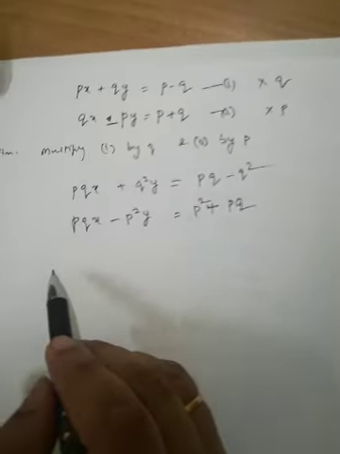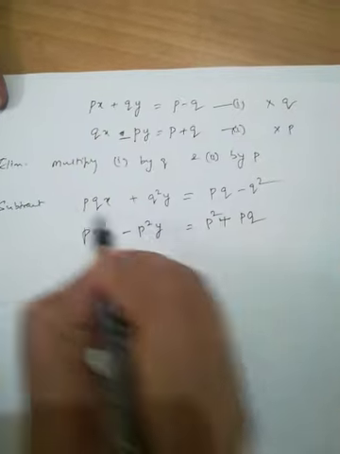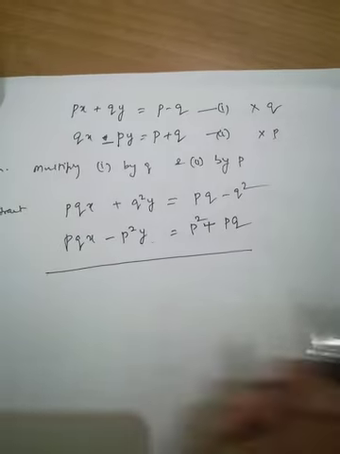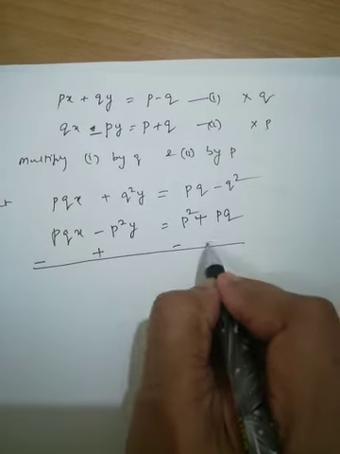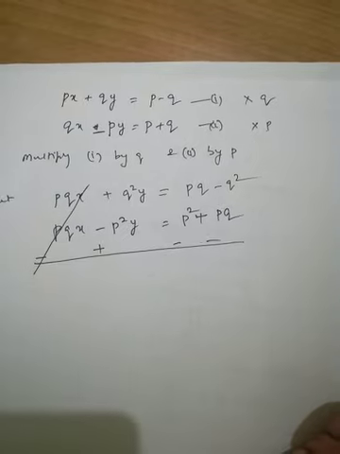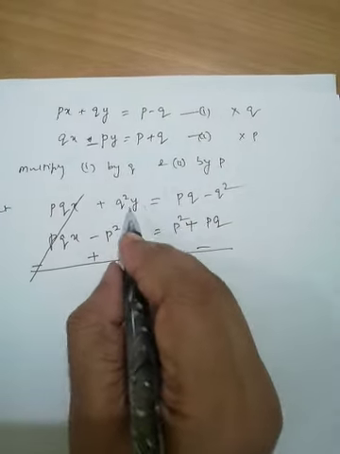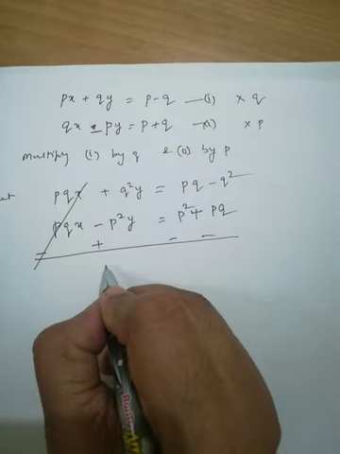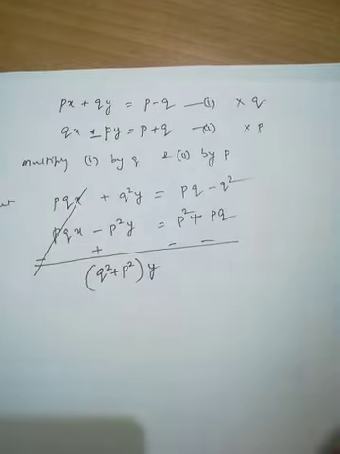What you have to do next? We have to subtract it. Right? So let me subtract here itself. When subtracting, the sign will change. This minus will become plus, minus, minus, right? So this will cancel, PQx minus PQx, and you will get Q square y plus P square y. Let me take Q square plus P square in a bracket, I can put y.